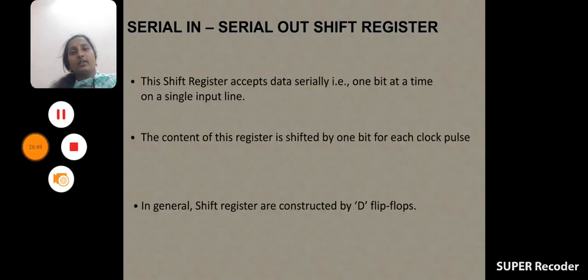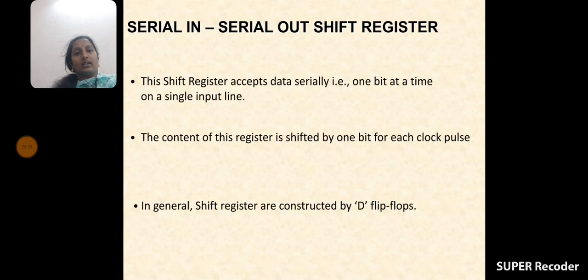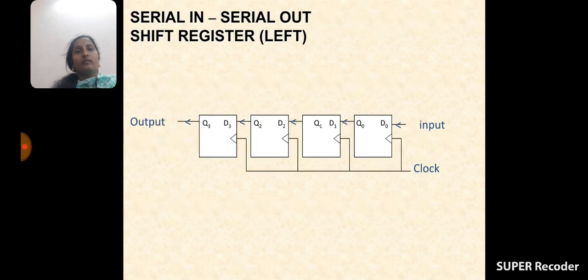Which kind of flip-flops are we using here? Only the D type of flip-flops. According to the direction, how many types of registers are there? 2 types: shift left register and shift right register. Okay, once you observe the diagram,